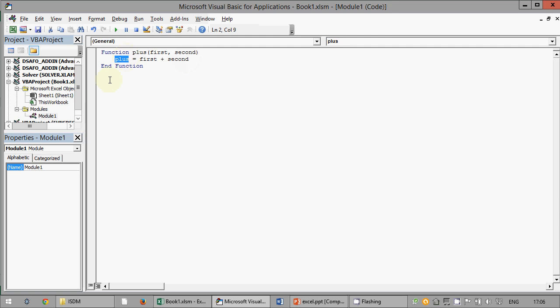So the important thing is that on the left of the equal assignment, you have the result of the function, which corresponds to the function name, and on the right, the calculation that must be put inside. So this equal in computer science doesn't mean equal, but means take what you have on the right and put it on the left. Let's see whether it works.